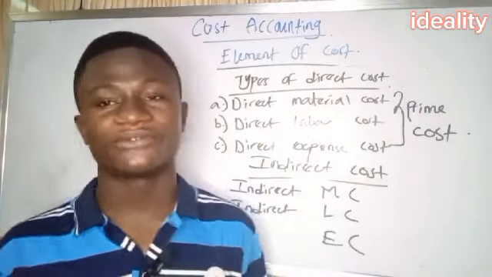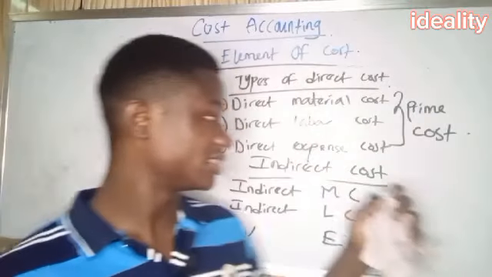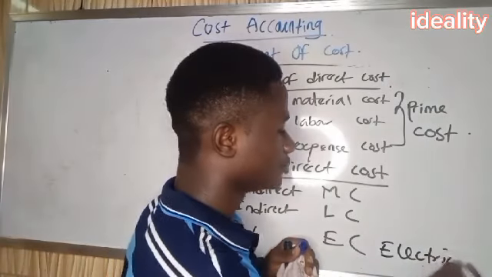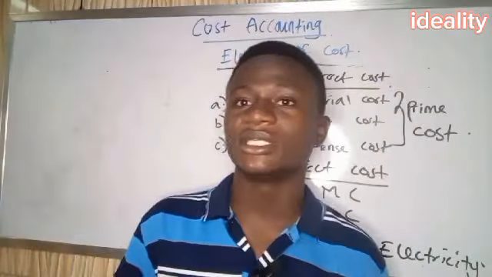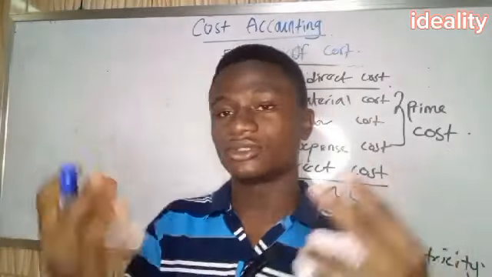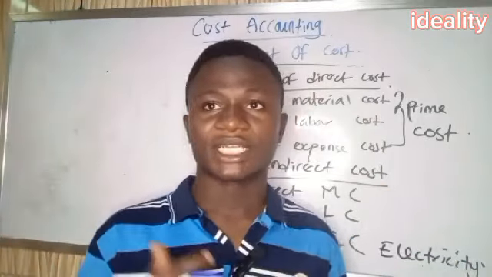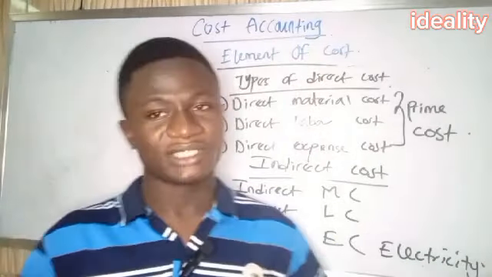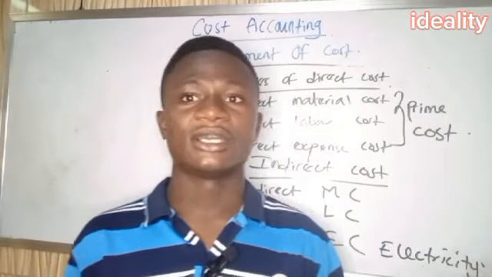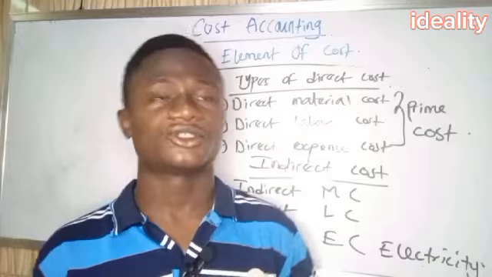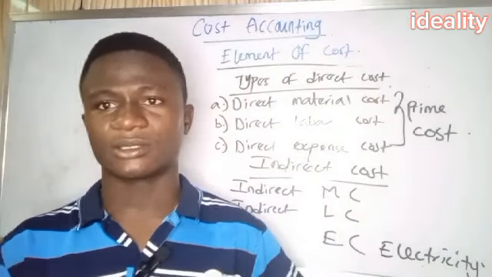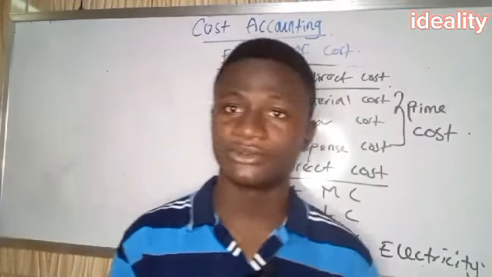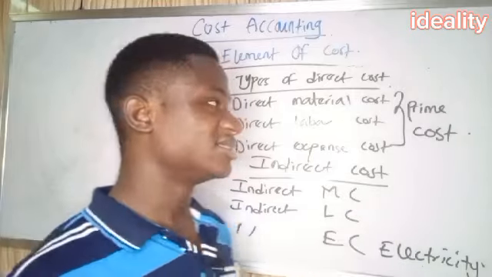And same thing with indirect expenses cost. Expenses are incurred not for one purpose but for all purposes. Electricity is a good example. Look at this video I'm making now: there's a light that shines so that you can see the board very well. I'm going to pay the electricity bill, but will I charge it only on the fact that I'm making videos? No, I will charge it to myself also, because I also use the light to cook, to eat and all this stuff. So electricity is a very good example of indirect cost. All these are the classification of cost.